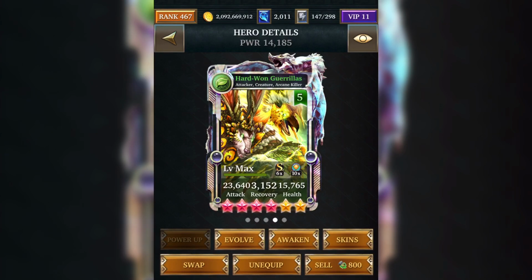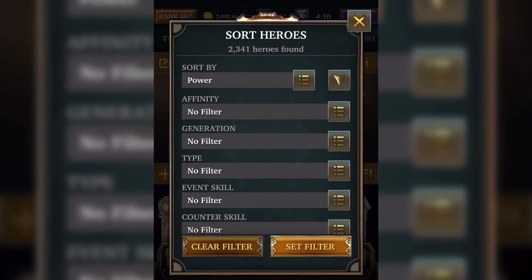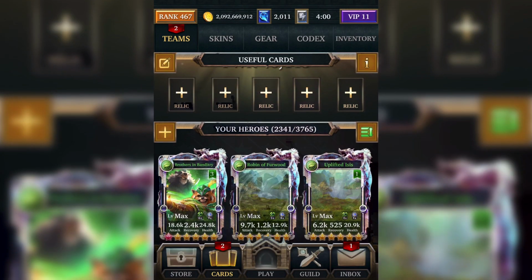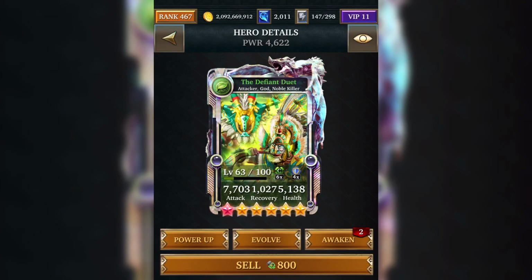So you could combine Odd One Gorillas with, say, the Jailers. You could use another card that does a turn delay on board. There's another card that does a turn delay, which is quite useful as well. It is a noble card. It's a noble commander, and I think it's called Defiant Duet. So Defiant Duet is another card. This one, Defiant Duet,